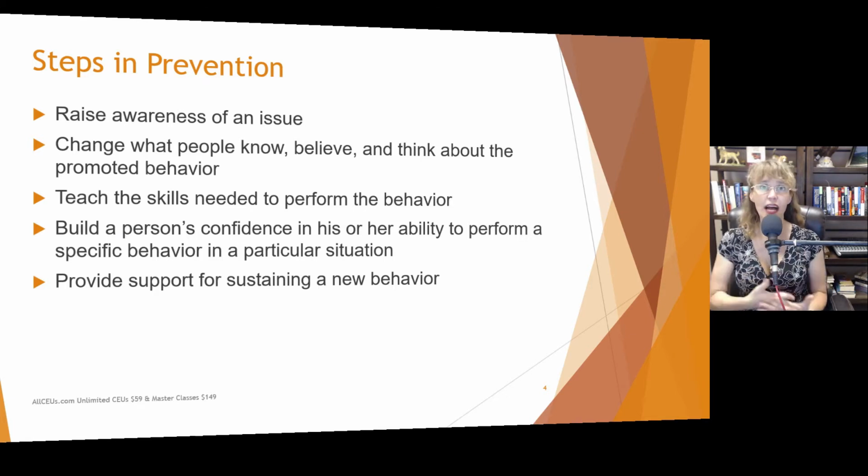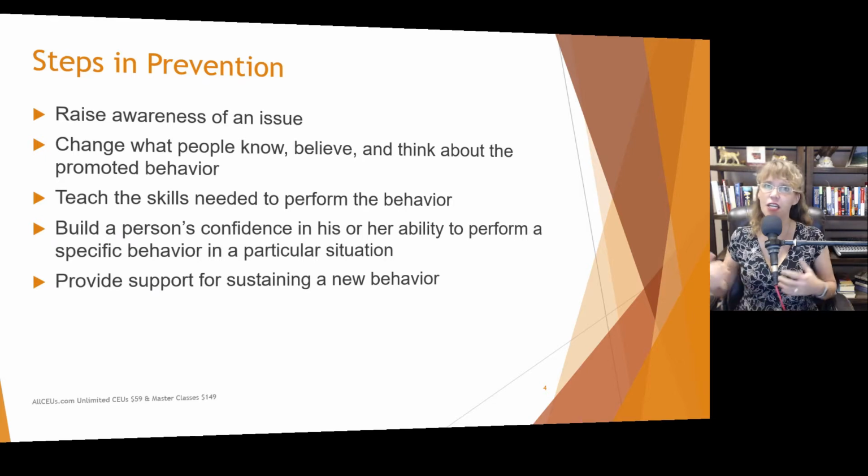When we're trying to develop a prevention program, the first thing that we need to do, and this isn't on the slide, is do an assessment of our area. What are the needs in our area? What are the issues in our area? We're going to talk a lot about meta concepts and interventions later, but the needs and the problems in one area, such as rural Tennessee or Appalachia, are going to be different than some of the problems that are prevalent in a place like New York or Miami or even Nashville. It's going to be important to do an assessment.